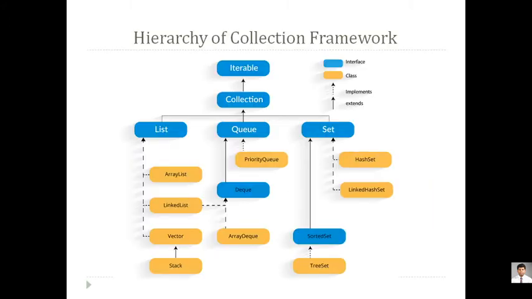So we'll start with DQ. As we went through the previous collection framework, now we are entering the queue interface, and the queue interface is inherited by an interface named DQ. This is again displayed in blue color. So it is nothing but an interface which is created from another interface, that is Queue. This DQ has one class called ArrayDQ.